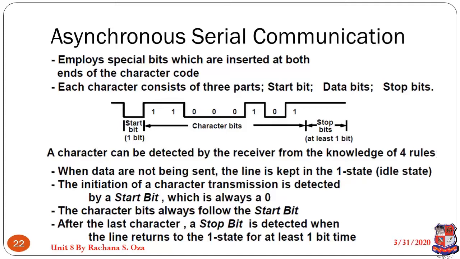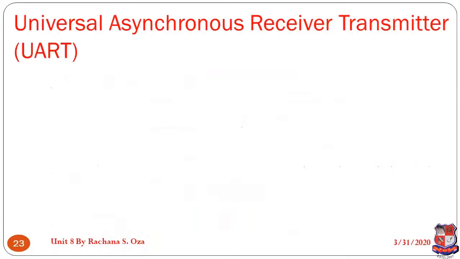The character bits are always preceded by the start bit, as I just said, and after the last bit a stop bit is sent. The stop bit can be 0 or 1, depending upon the mutual consent. After receiving the stop bit, the communication data bus or channel will again possess the initial state 1, that is the idle state. Now for connecting all the devices